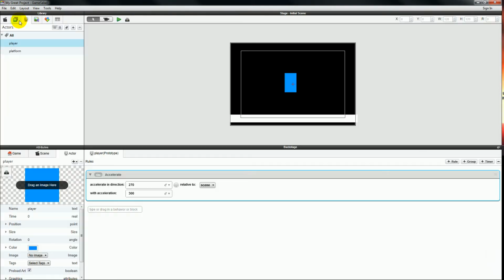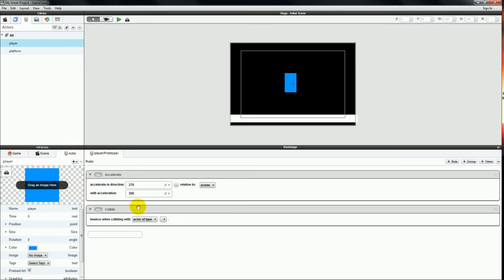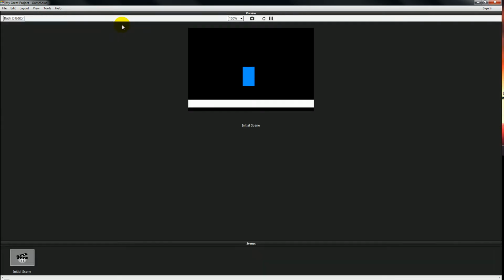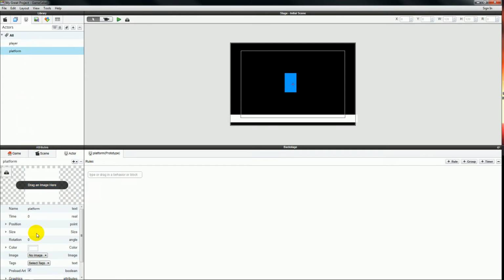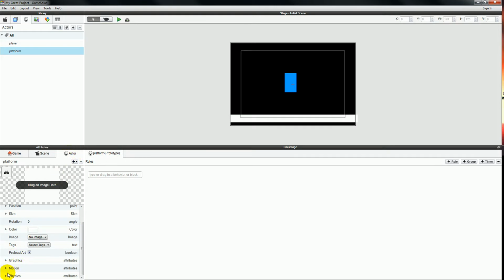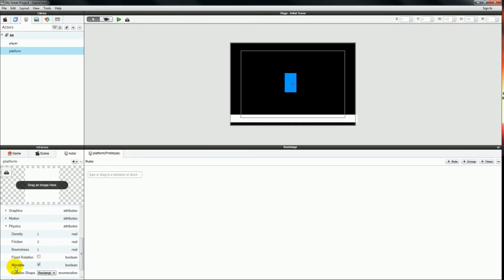Okay, the player automatically gets pulled down by the acceleration. It went straight through the platform, so we're going to have to add a collide in. So again, no rule, just a collide behavior, and we want the player to collide with the platform, and this is what we get, which is not exactly ideal. So we're going to click on the platform in the library, we're going to scroll down in its attributes, making sure we're on the actor attributes, and we're going to find physics, and we're going to turn movable off, and this is what we get,